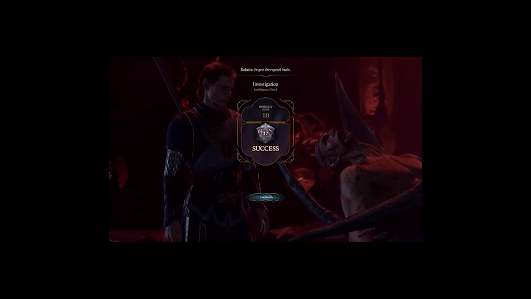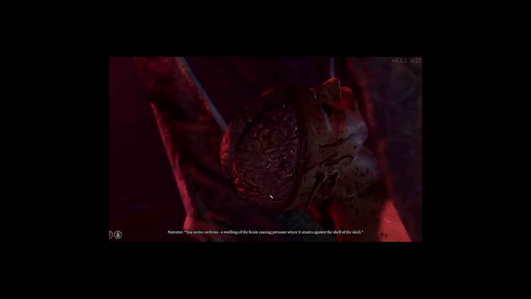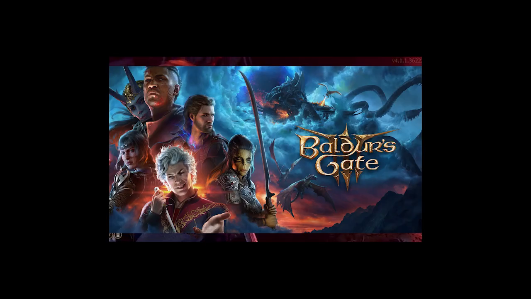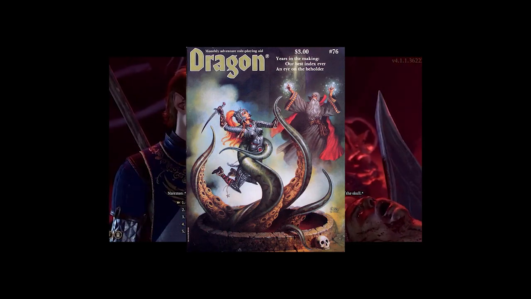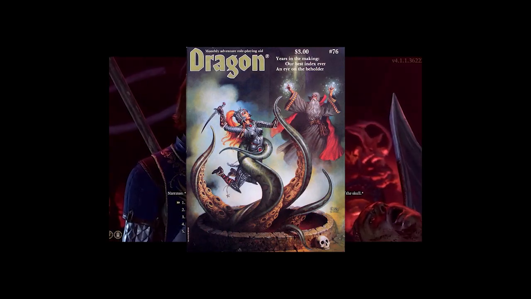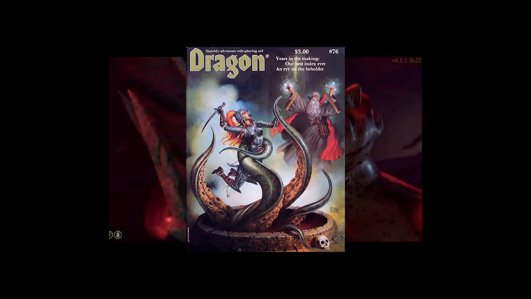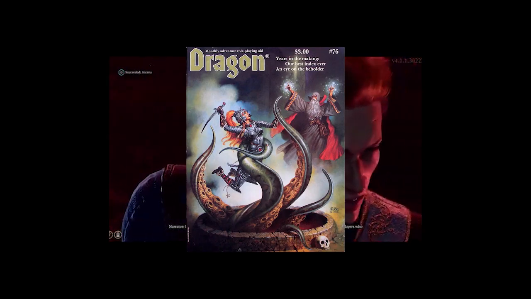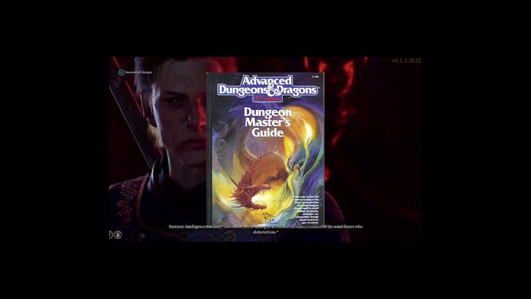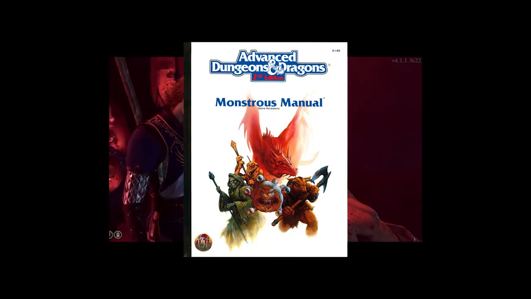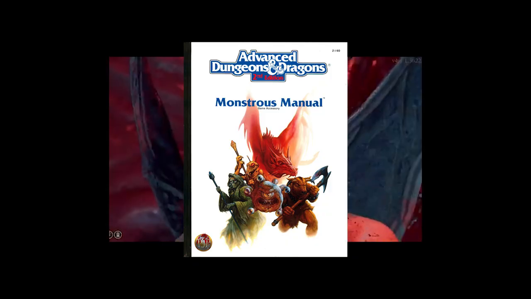And apparently it was found in most dungeons, like we find today. And believe it or not, Ed Greenwood, the creator of the Forgotten Realms and Faerun, which I think most of you would be familiar with from Baldur's Gate 3, authored an ecology of the Beholder, which first appeared in Dragon magazine, specifically issue 76, in August 1983. So we're going to jump to Advanced Dungeons & Dragons 2nd Edition. This is from the years 1989 to 1999.